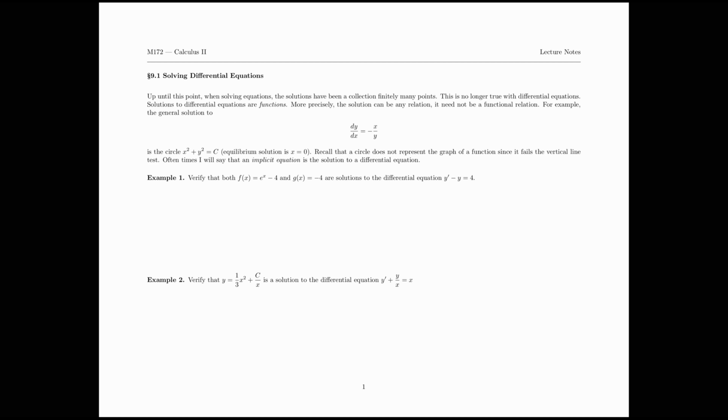All right, in this section 9.1, solving differential equations, this will be a really brief introduction to what many of you will ultimately take in a differential equations course. So you've already solved differential equations. You might have encountered them in Calc 1, maybe perhaps under the name of an initial value problem. But the idea is,